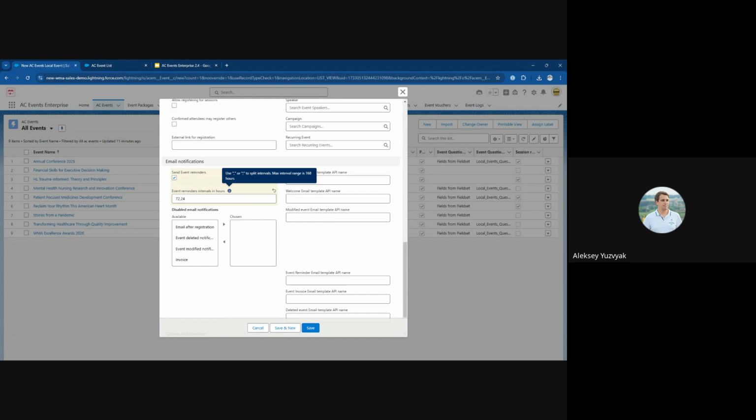Maximum, it's like 1 week or 2 weeks. And provide the API name of the template that should be used for different notifications. Again, it will be covered in some next video about email notifications. But if I click save right now, it will automatically fill with the